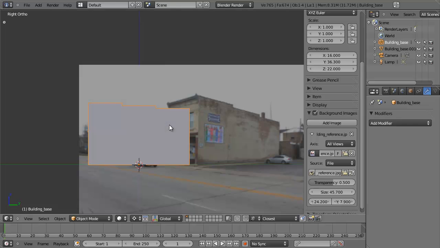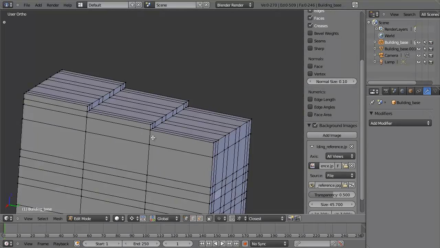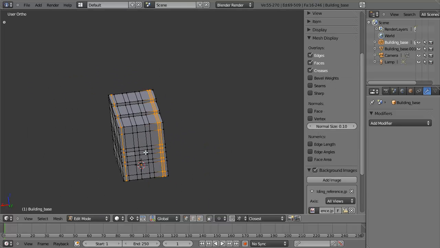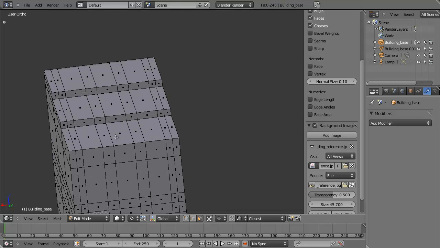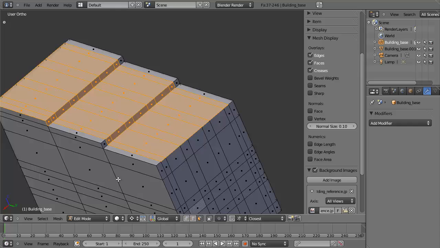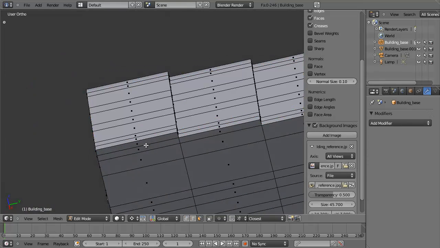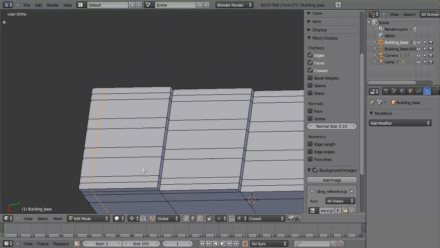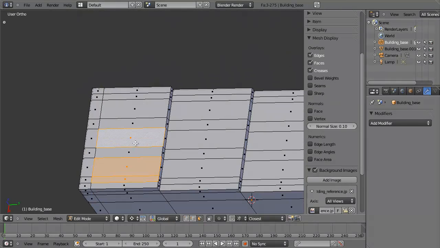Okay. Now, most of these buildings have a flat top, and so I'm going to go in and from this point to this point, just in face mode, I'm going to go ahead and select all these faces. So I'm just going to Control, left click, and drag, draw around most of these, obviously missing a few. Oh, and actually before I do that, I want to add in another edge loop and scroll over to about right there, and then I can go in, select my faces,